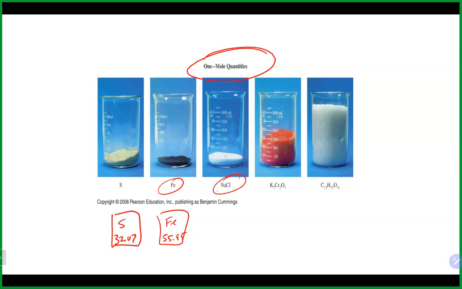We look at iron on the periodic table, it will say something like 55.85, I hope still. We see something like sodium chloride. The molar mass of sodium chloride is 22.99 for the sodium plus 35.45 grams per mole for the chlorine. That can give us something like 58-ish, I think. 58.44